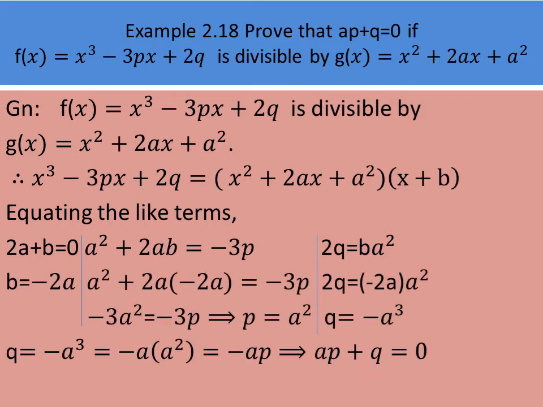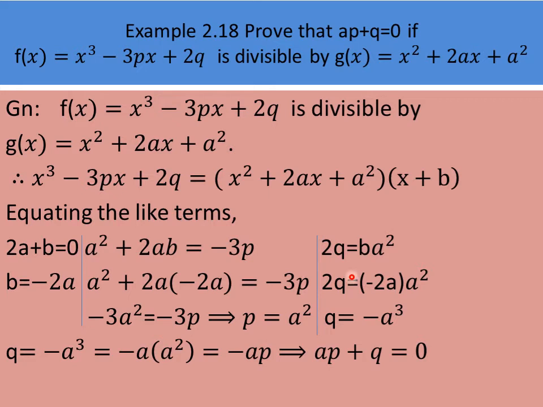So from the first term, you can write, that is 2a plus b equal to 0 we have. So from this the b value is equal to minus 2a. And that b value you replace it here. So a square plus 2a into b value, minus 2a, equal to minus 3p. So now you can write it as a square, and here we will get minus 4a square, isn't it? a square minus 4a square means minus 3a square. It is equal to, we have minus 3p. You can cancel minus 3 on both sides. So you will get a square equal to p.